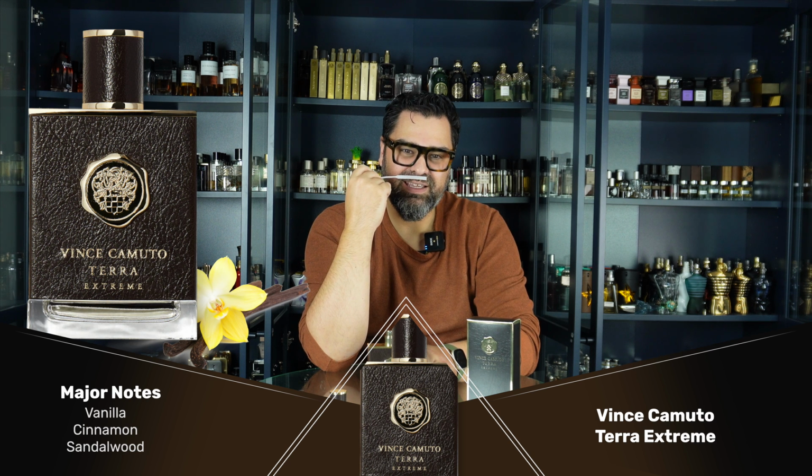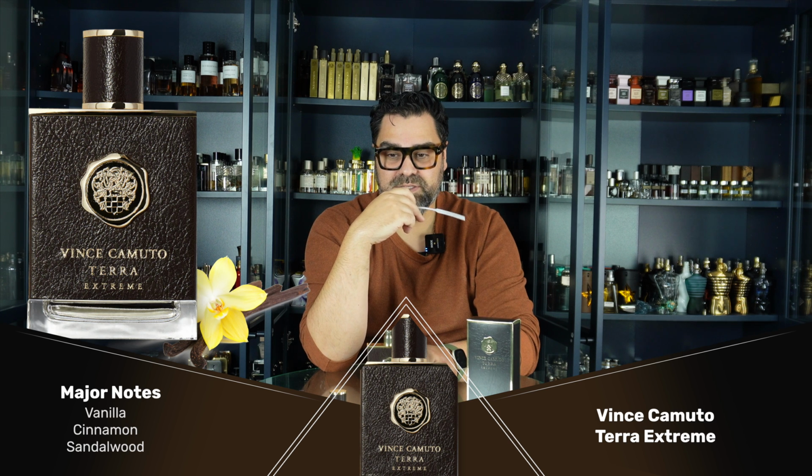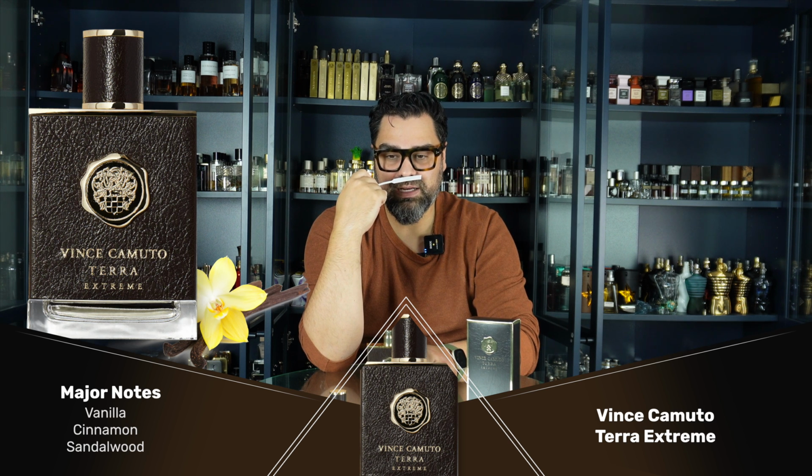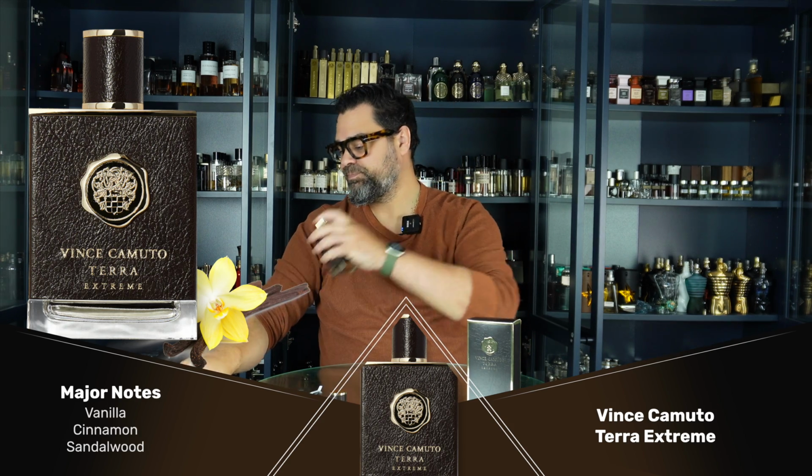It smells like a vanillic forward scent. Dare I say this smells kind of like a Quentin Bish vanilla Tonka fog thing. Not a fan of that. But for 37 bucks, a lot better than buying like 1 Million or something that has that Bish fog and you're spending like 150 for that. Okay, let's